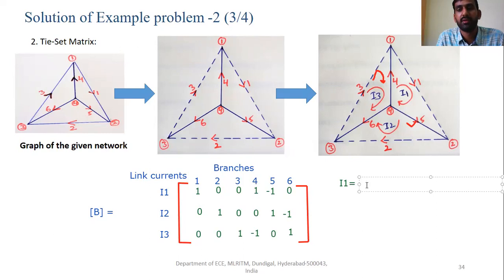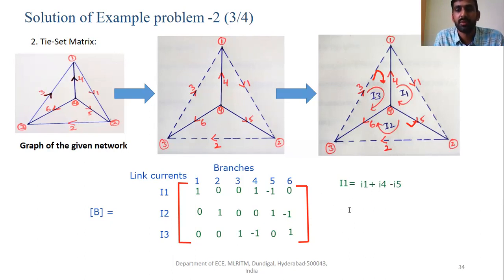Small i1 plus small i4 minus small i5. So capital I1 is equal to i1 plus i4 minus i5, right?